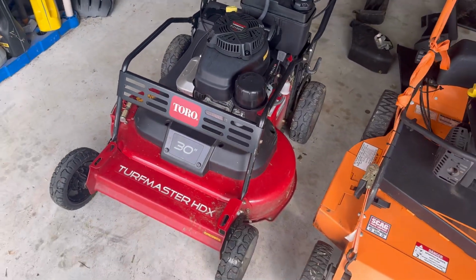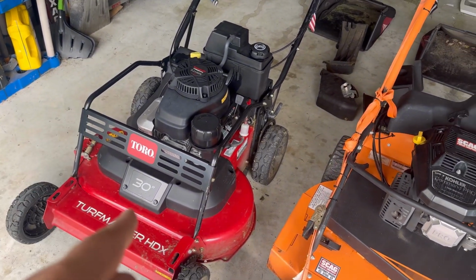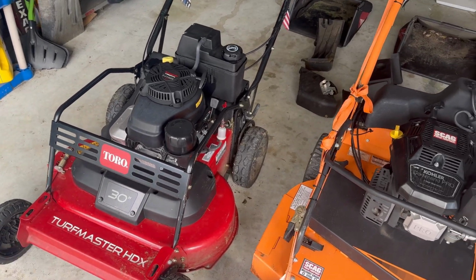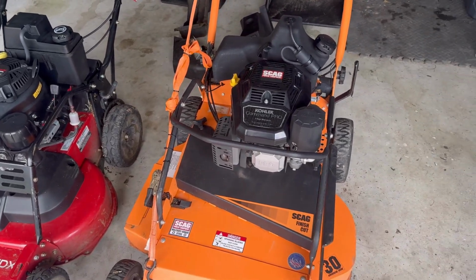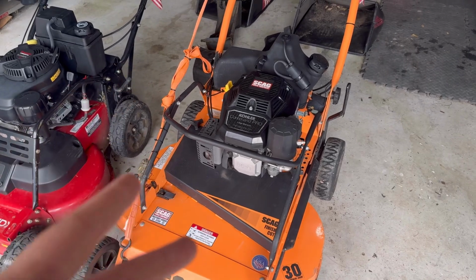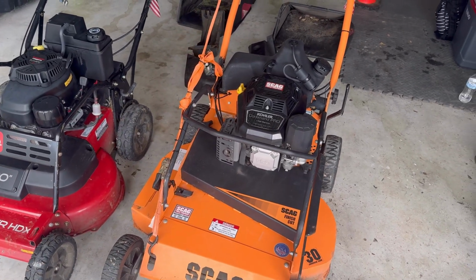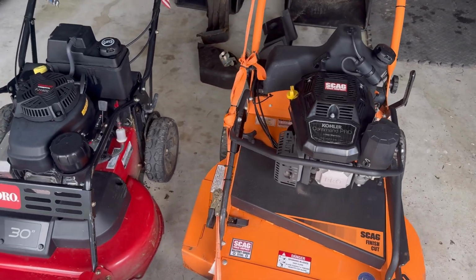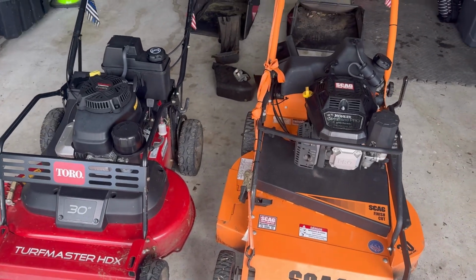So, 12-month warranty. This one's already been in the shop. This is 6 months old, and it's already been in the shop within 5 months of it being used. The Scag SFC30 has 117 hours on it. It has been in the shop twice, once at 75 hours and once right around 100 or 110 hours. So the Toro went in on,